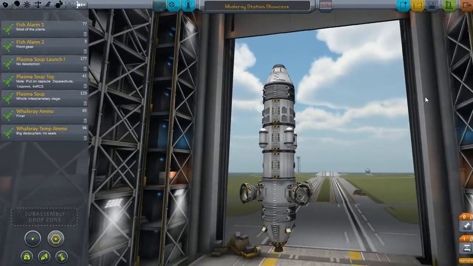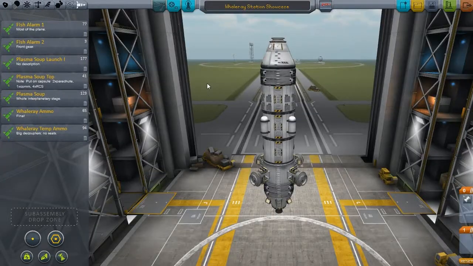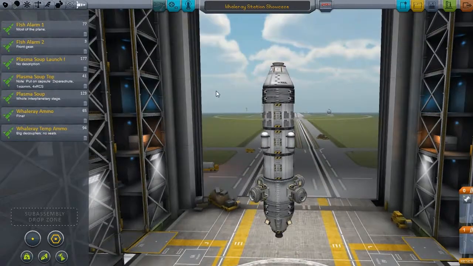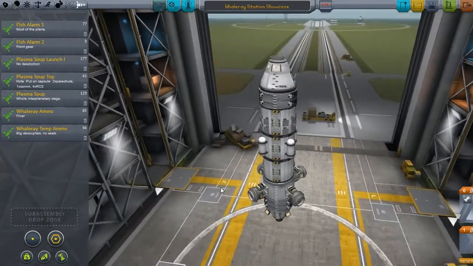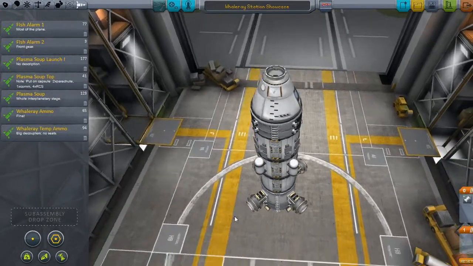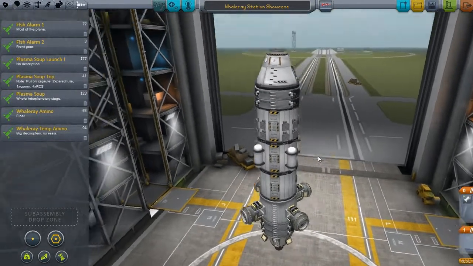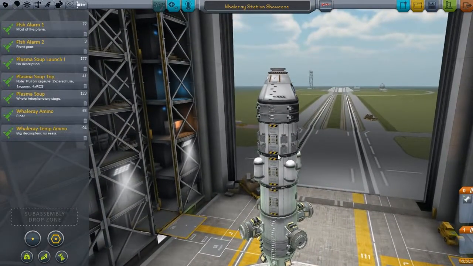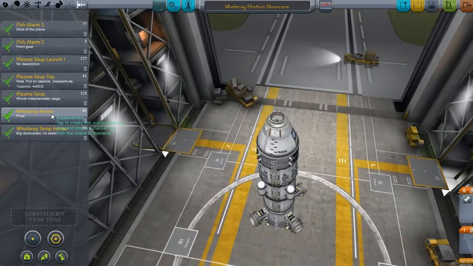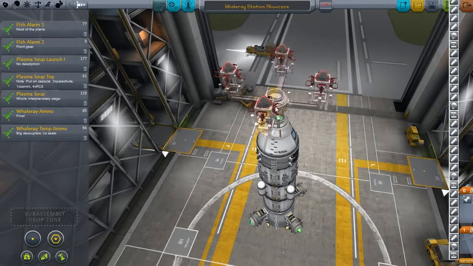And here it is, the Whale Ray Station. This station will be orbiting the moon in a very low orbit, and it is dedicated to rescuing all the moon missions that were unable to return to Kerbin. If they are able to make lunar orbit, but unable to return, they can just dock to this, transfer their crew into these capsules here, the hitchhiker containers, and then they can board the Whale Ray